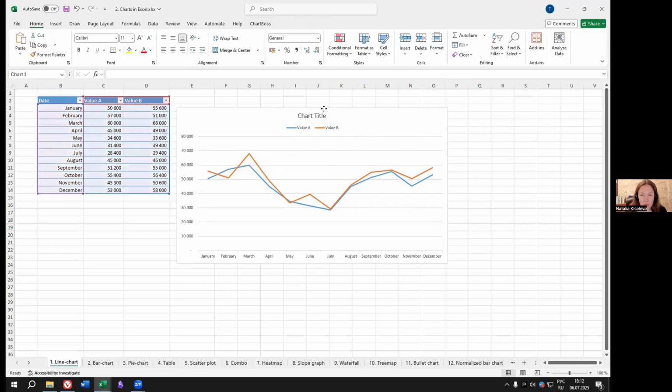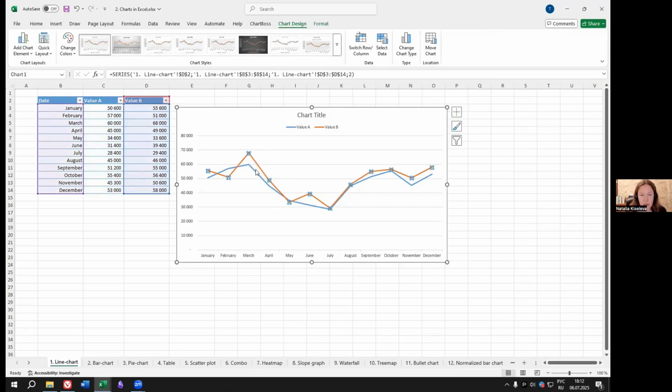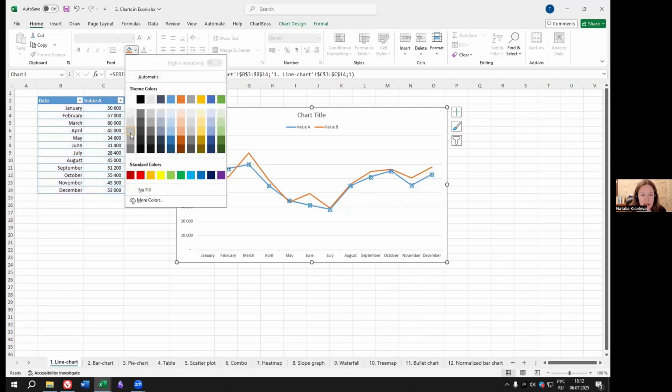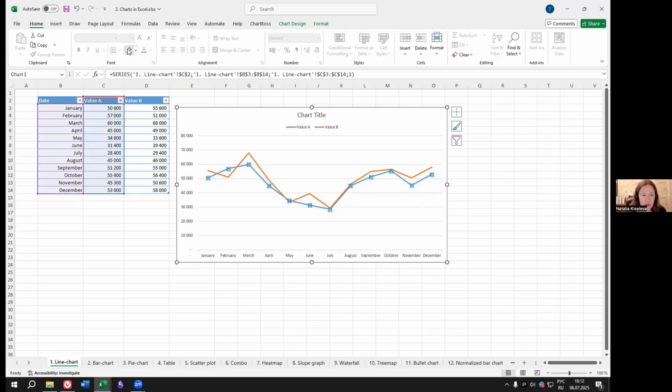Now let's work with color, because we have two lines here. Often one line is more important than the other. So I will select my blue line and make it gray. No, not gray. Okay, let me go for the